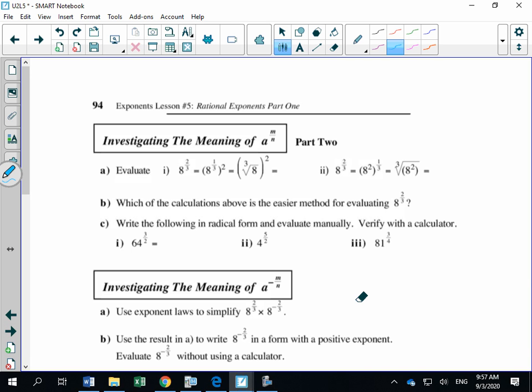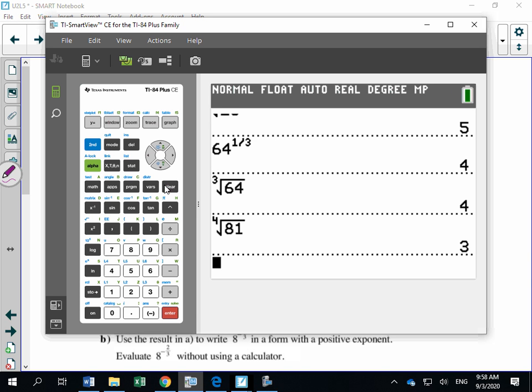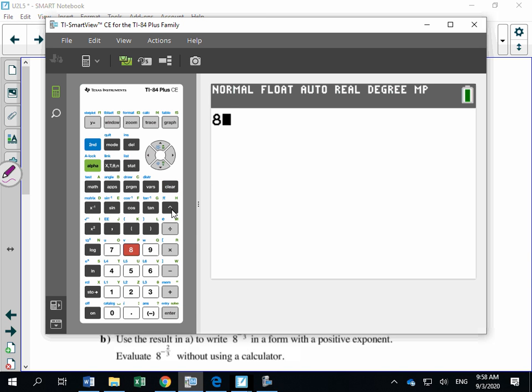Okay, what I want you to write for here, just at the top of your page, write down 8 to the power of 2/3. So again, we could evaluate this in two ways. I could type this in my calculator. So let's go to our calculator. Let's clear what we have. 8 to the power of 2/3